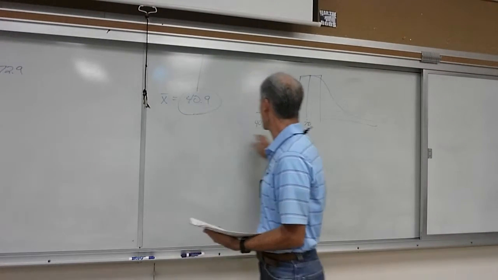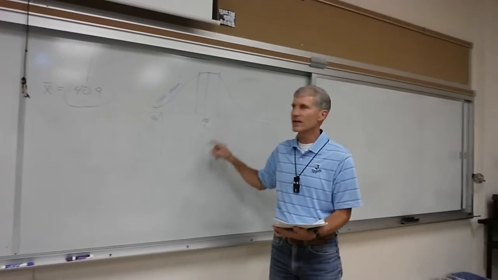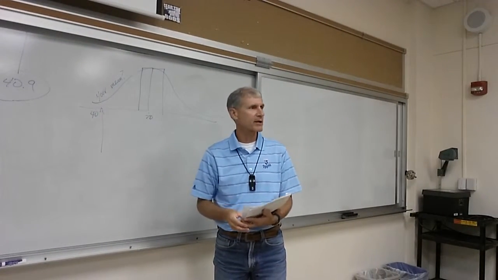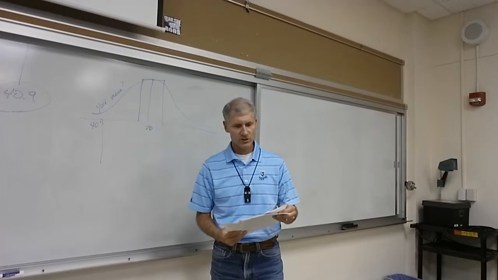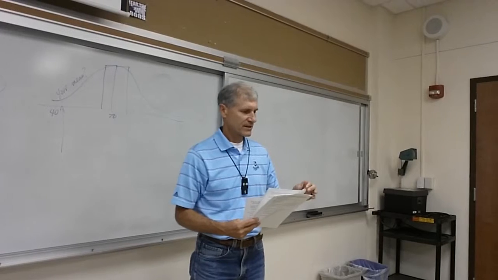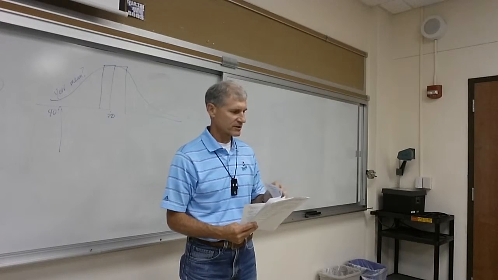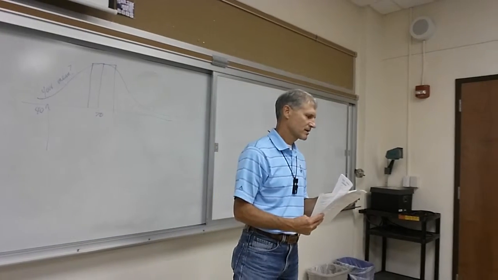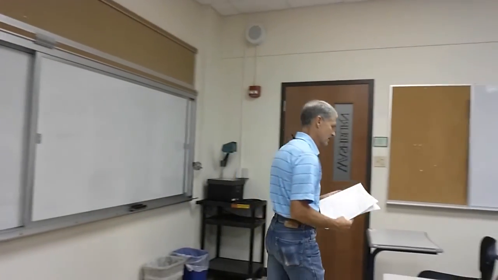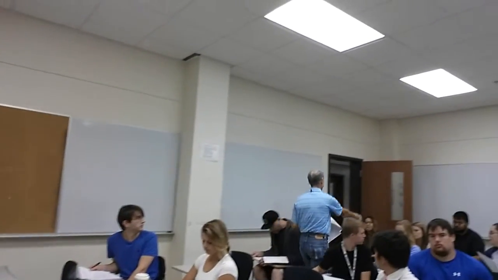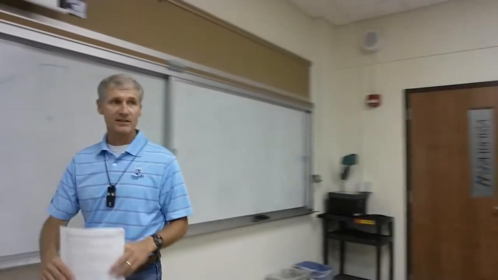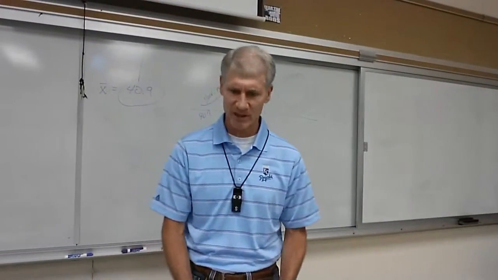So I would look at that and go, well, it ought to be around 70. Then I go work it, I get 72.9. Yeah, I probably got it right. But if I get 40, then ooh, something's not right. So you start looking for your error. If you don't pay attention to the numbers, then, well, I forgot what I was talking about. There's your test. Numbers look just fine when they're sitting on your calculator, but when you put them in the context of the problem, you realize, well, that number doesn't make sense.